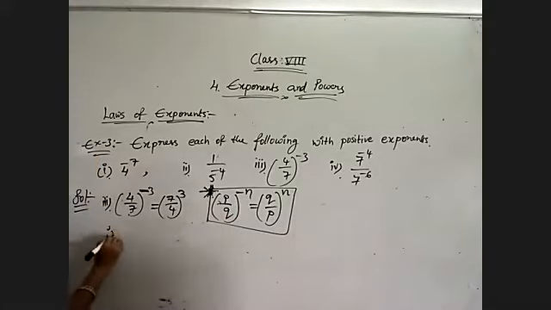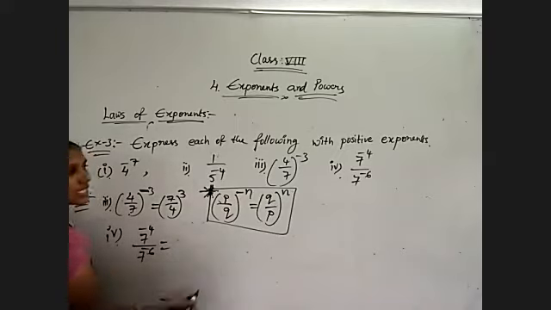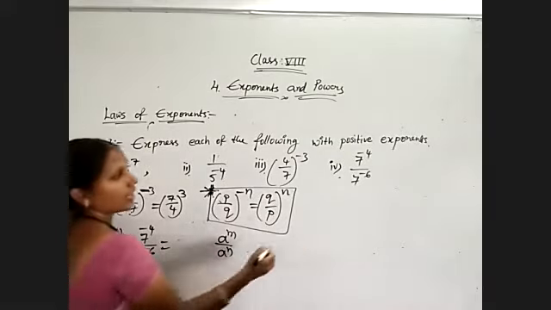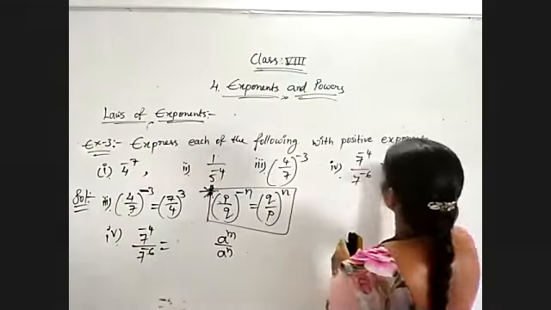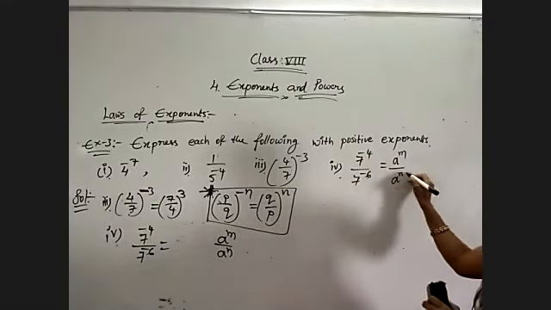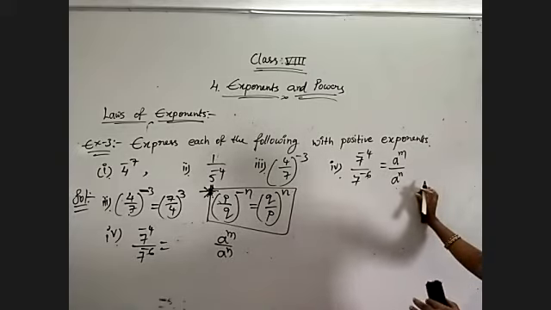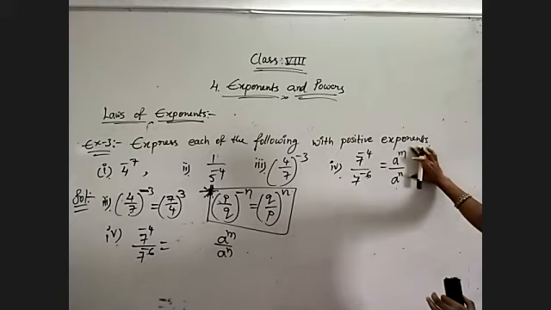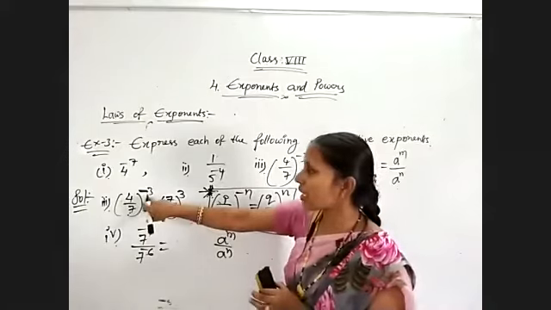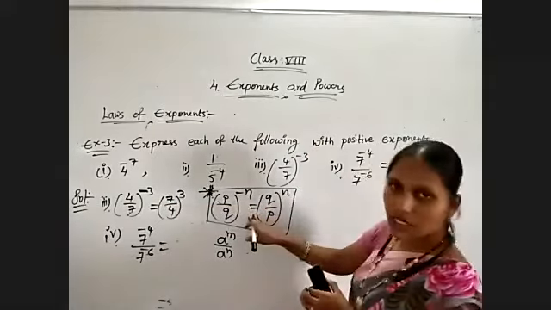Now coming to the last condition, 7 to the power of minus 4 by 7 to the power of minus 6. Here just observe those two values. Bases are equal: a power m by a power n. Here the base is the same, but the exponents are different. So remember, whenever questions are given, observe whether bases are equal or exponents are equal. Now observe this third question: here the exponent is equal and we are using that formula.